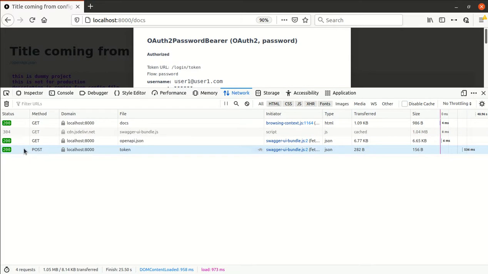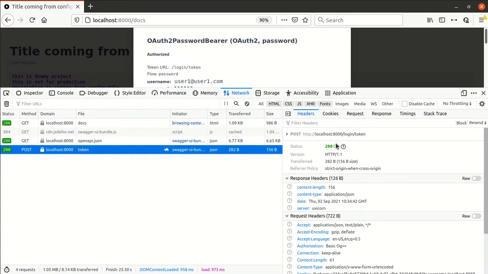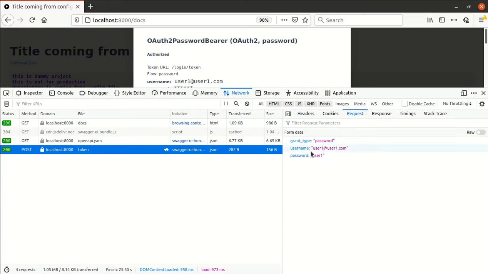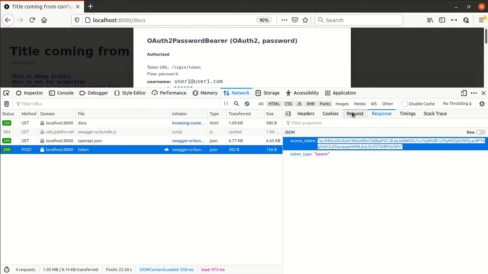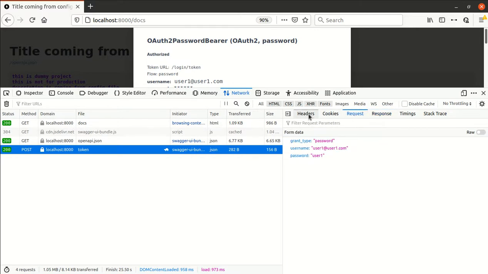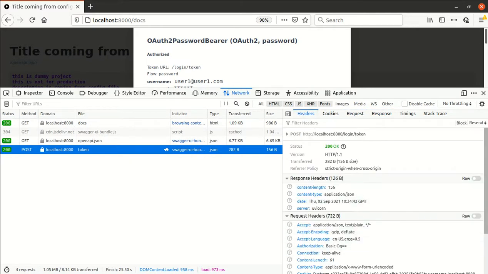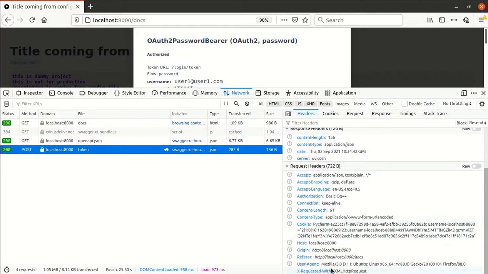If we click on this post request, we could see the response is okay, and for the request we are passing the username and the password as well. For the response, it returns us the access token and the token type, bearer, right? And what are the headers? The headers are normal headers only, nothing special.